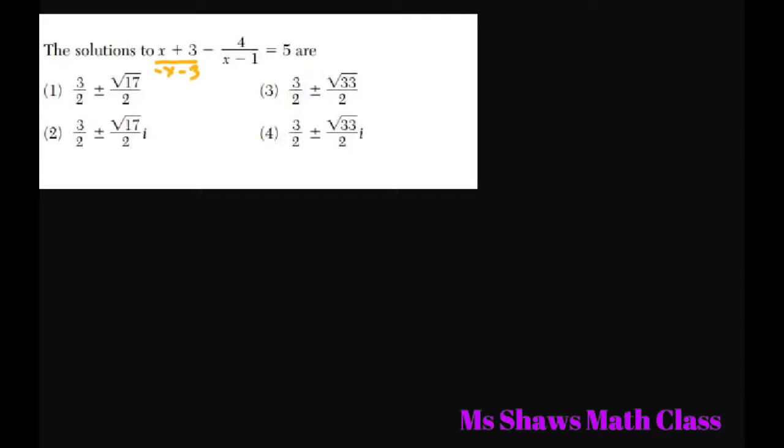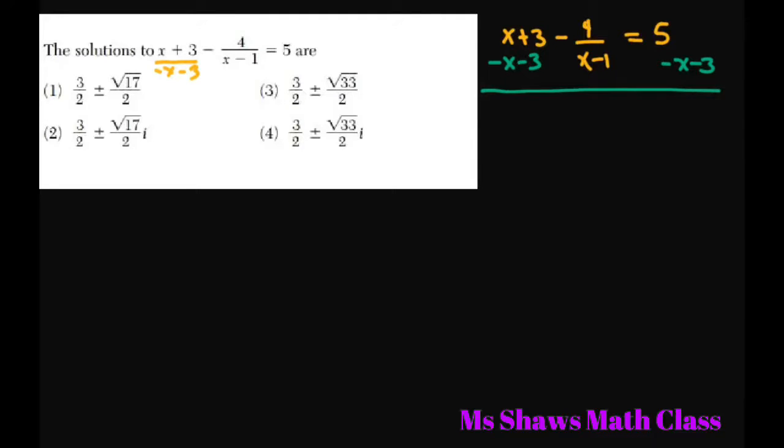So we have, let's start up here, x plus 3 minus 4 divided by x minus 1 equals 5. So like I said, we're going to subtract the x and the 3 from both sides. And what you get is negative 4 divided by x minus 1 equals 5 minus x minus 3. And that gives you negative 4 divided by x minus 1 equals negative x plus 2, because I just combined